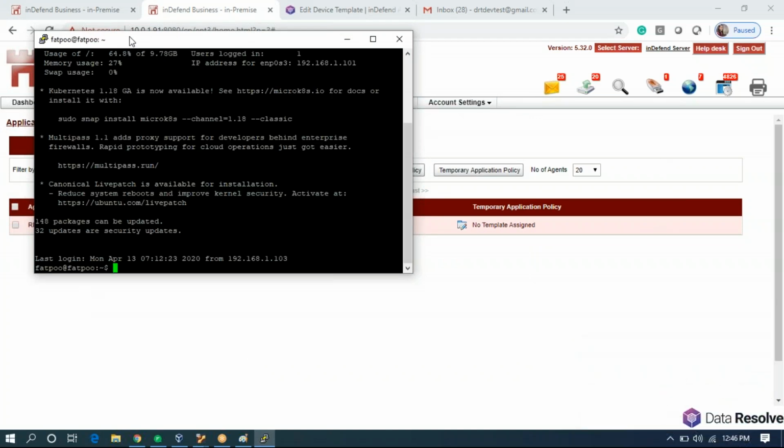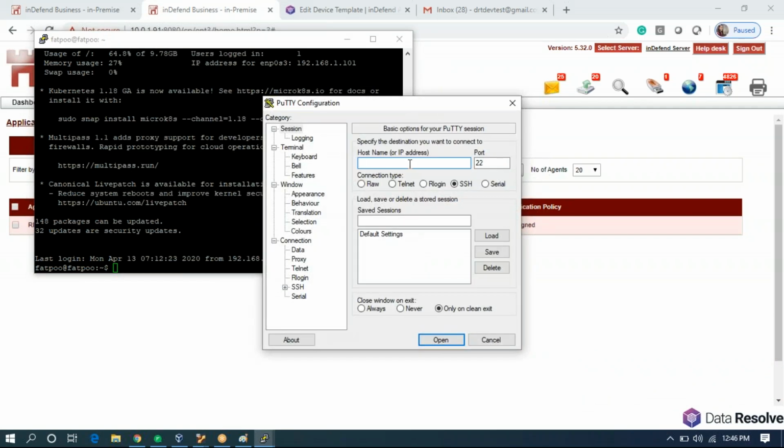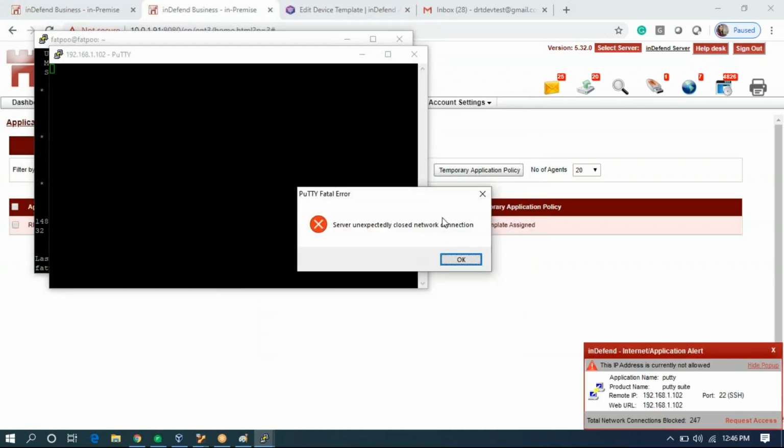Now we will try and connect to 102. So as you can see, it is giving you an error, and you can also see a pop-up at the bottom. The IP address is currently not allowed.